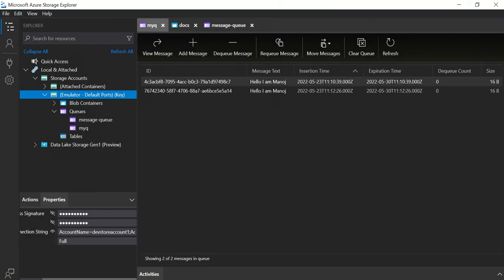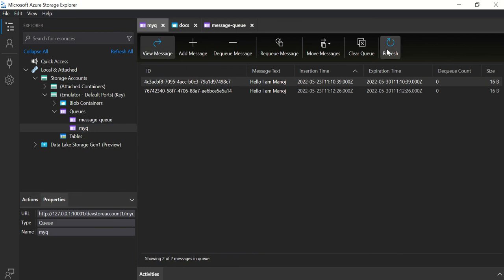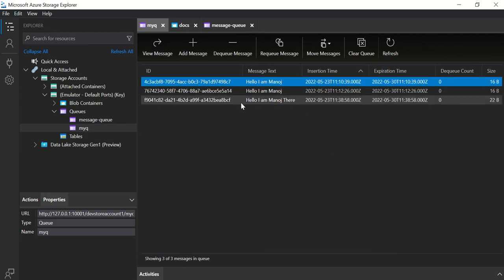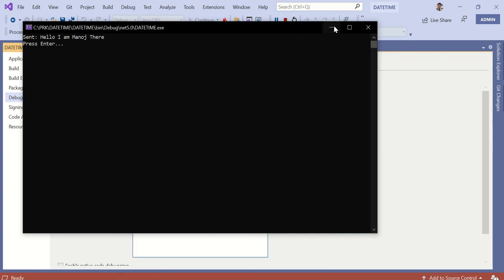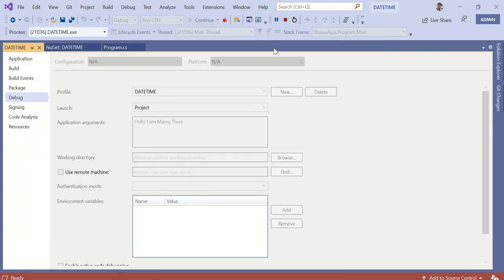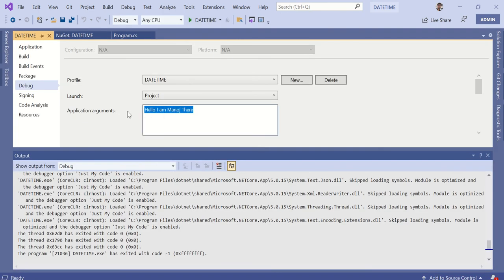Now if I come to my storage account explorer and click on my queue and refresh, can you see there is a message in the queue, hello, I'm Manoj there, and already there are two messages waiting to be read. Nobody has read them. So now I will remove the command line parameter from my program. If I don't pass any command line parameter, the program will read the existing messages in your queue. A simple program created for demonstration purposes. So if I run it,